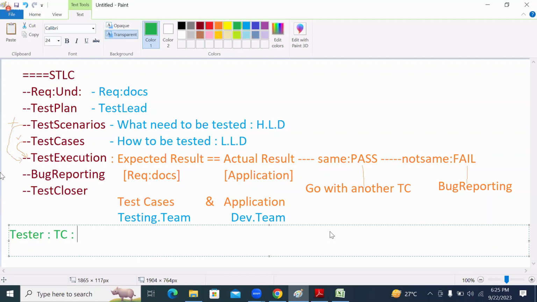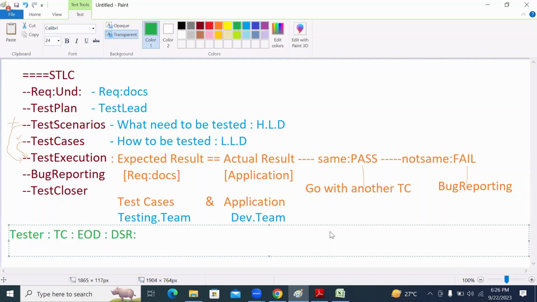After that, in real time, by the end of the day, as a tester, you have to take care of preparing